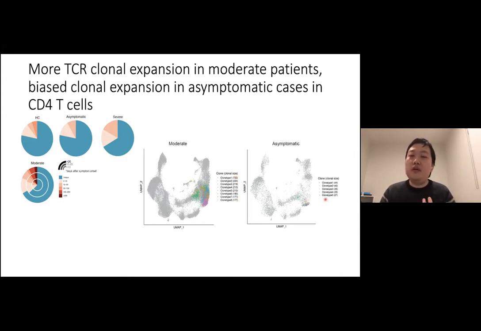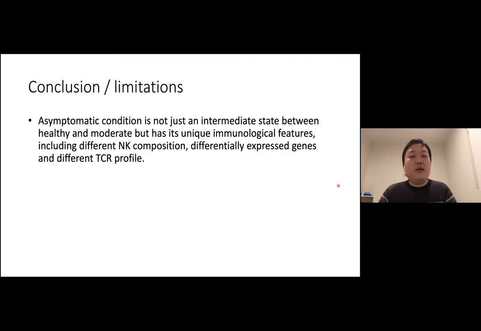However, in the asymptomatic patients, although there's not a high clonal expansion, we find that the clonal expansion seems to preferentially happen in the effector CD4 T cells instead of CD8 T cells, which is also a very interesting finding. To conclude, what we find is that the asymptomatic condition is not just intermediate between the healthy and the moderate. Actually, it has some unique features, which I think really adds something to the field, because there have been a lot of studies